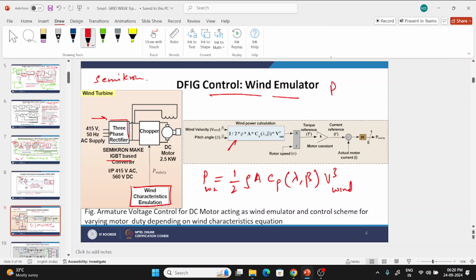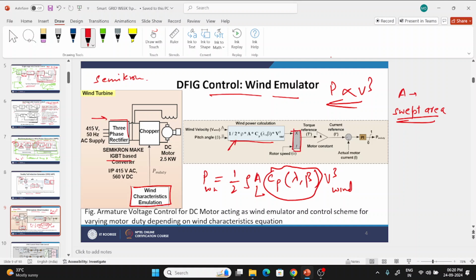Yes, I have told you it is directly proportional to V cube, and I have also told about this constant, which is based on the scientist who developed this wind power calculation formula. What is A here? Swept area, means the area on which the wind is acting, where the wind is colliding. Okay. Based on the wind velocity and pitch angle, we can calculate the power, and this power is given to a